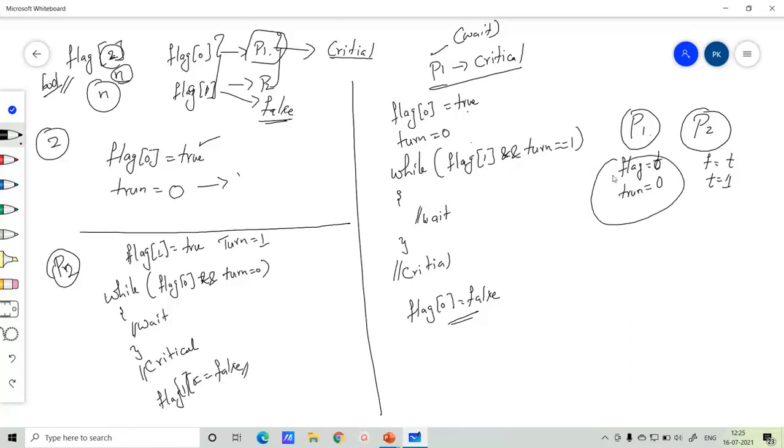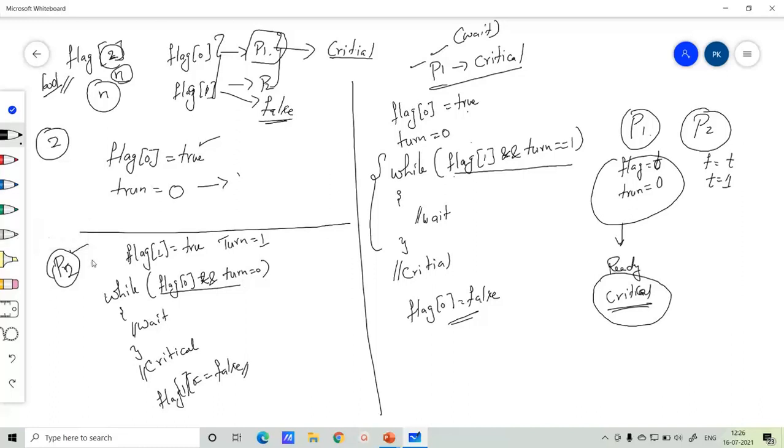According to the process which wants to execute the critical section, these values will be set. Once this is set, it indicates that this process is ready for, or is asking for, the critical section. If it is asking, the critical section should be free so that we can allocate it to this process. To check that, we use this while loop, checking with the other process. When process 1 is requesting, we check process 2 whether it is running or not. When process 2 is requesting, we check process 1.